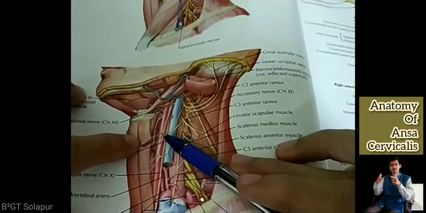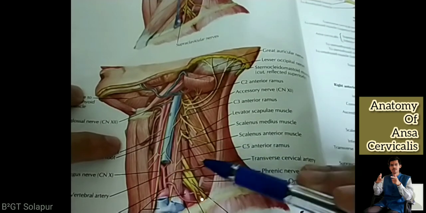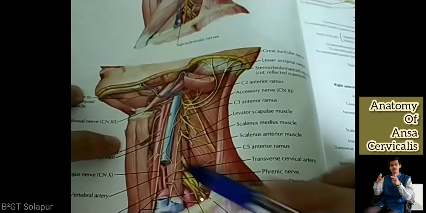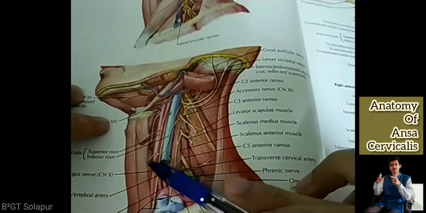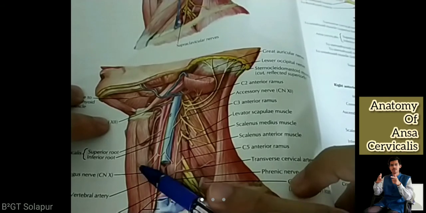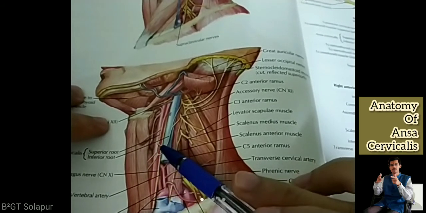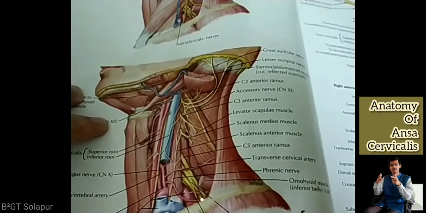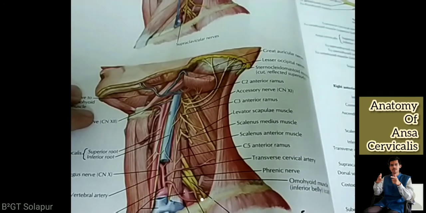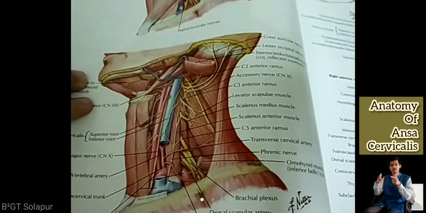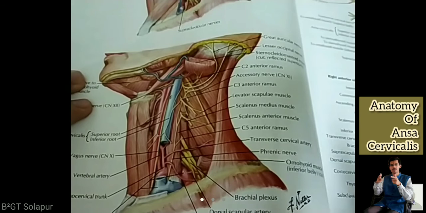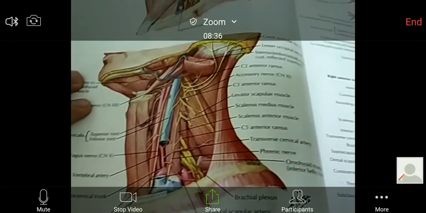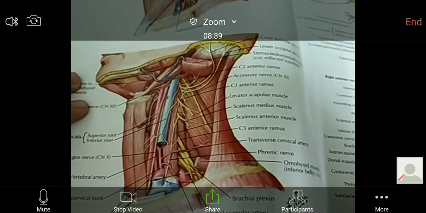So this is the branch. Can you see? This is the branch to the superior belly, and this is the branch going to supply the inferior belly, which would have been here. And these are going to these 2 strap muscles. Can you see these 2 strap muscles? Below this, you have the sternohyoid and sternothyroid, and the cartilage is down here. So, sternohyoid and sternothyroid. Are you able to make it? I hope I have tried to make this very simple. I will post these diagrams on the group so that you can use them. Okay? Understood? Ansa cervicalis, easy chapter? Okay, thank you.